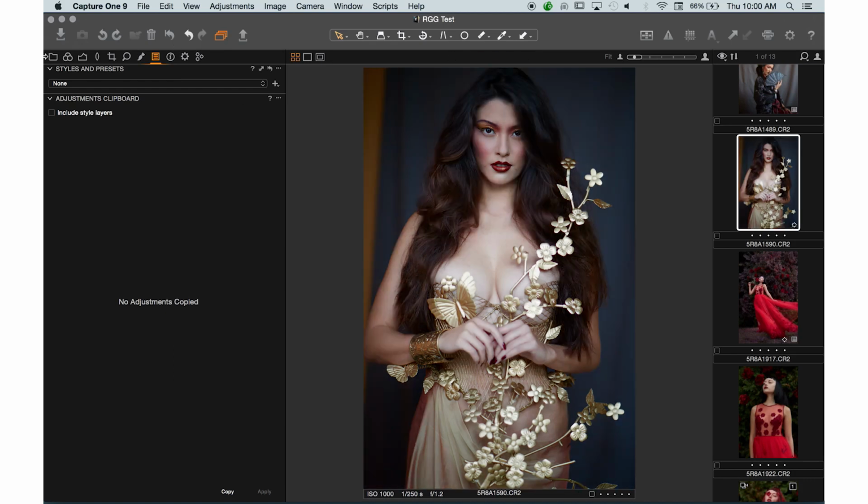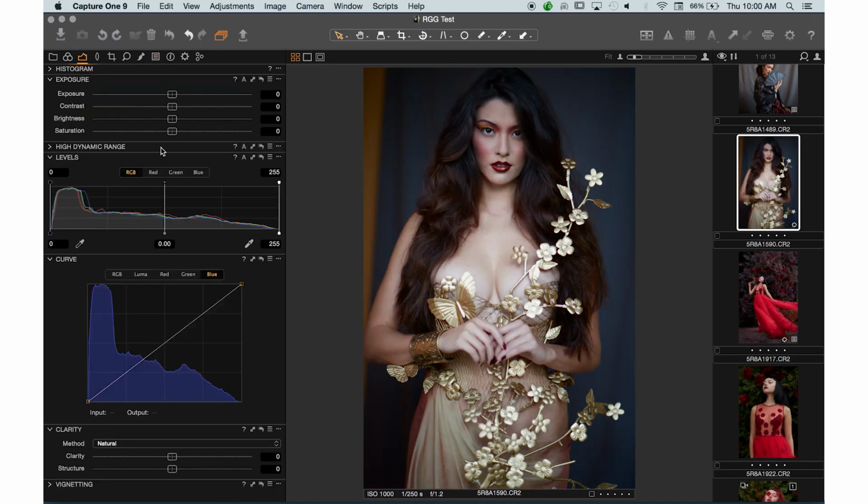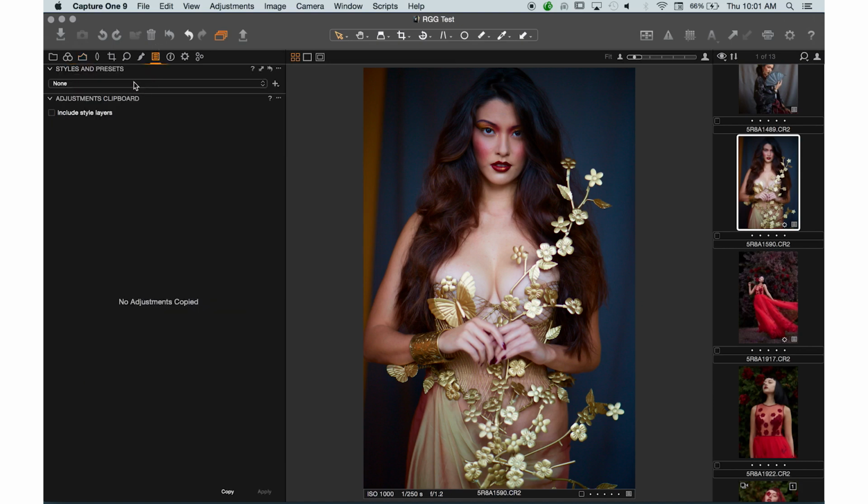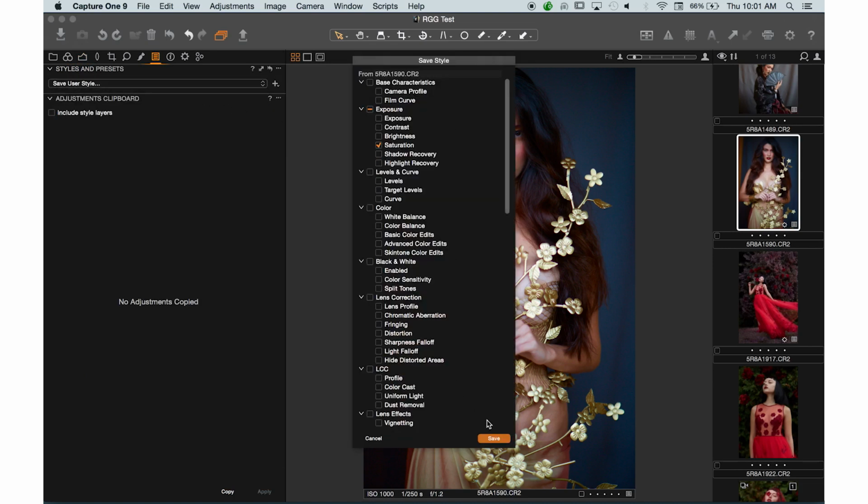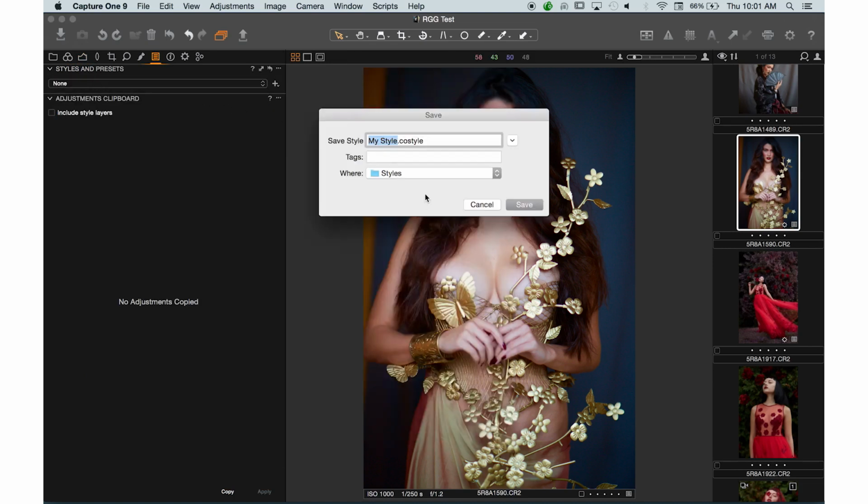And then I'll reset that, but this time I am going to increase my saturation. I'm going to do this because there's going to be a discernible difference when I stack them on top of each other. So I'll go to my style, and this time when I save my style, I will save it as saturation,